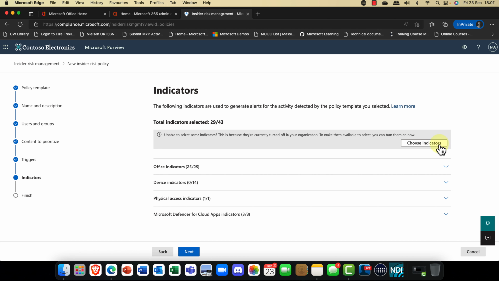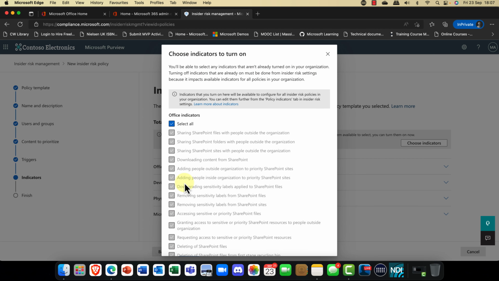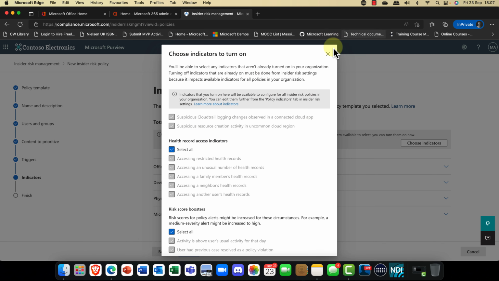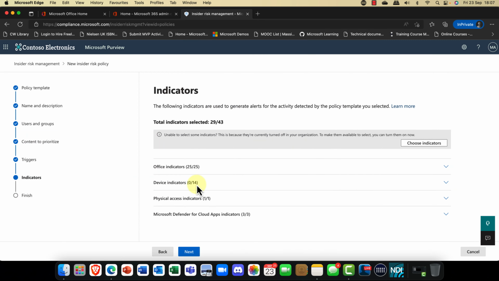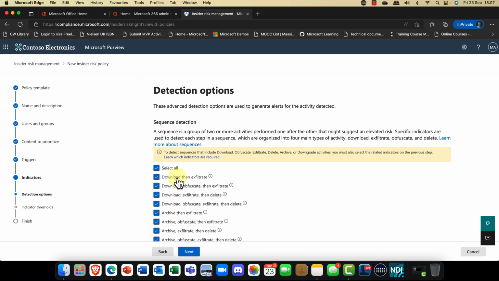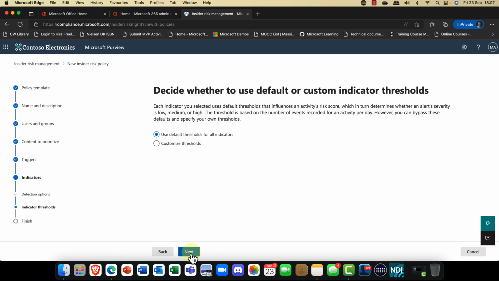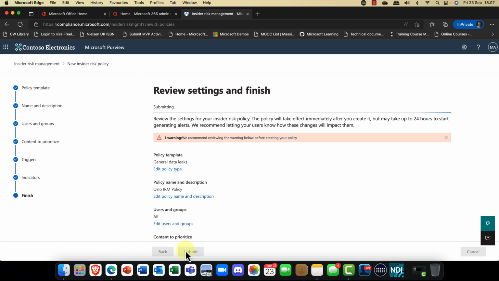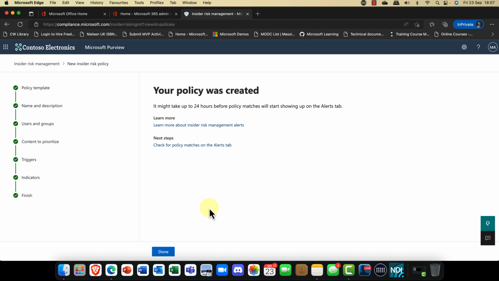So I can click on next and you can see these are the indicators. So again, I can choose the indicators if I want to. And here is the list that I just edited. So I'm just going to go ahead and accept that list. So I'm happy with that. And you've got the different categories as you saw. I'm going to click on next. Again, I'm just accepting those sequence detection options there. Do I want to use the default thresholds? Yep. So how many attempts? I'm just going to accept the default settings here. And I'm going to go ahead and submit that policy. All right, now,